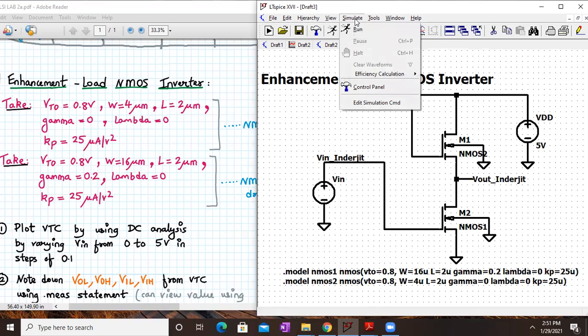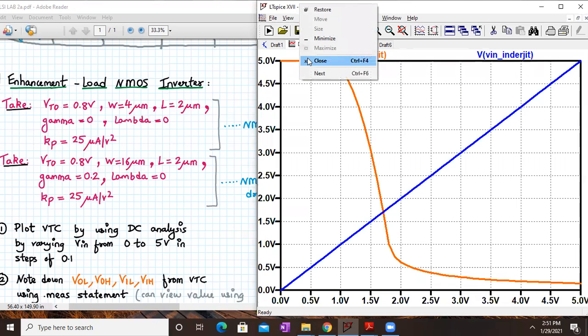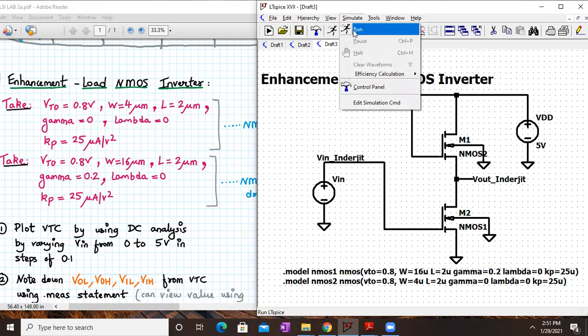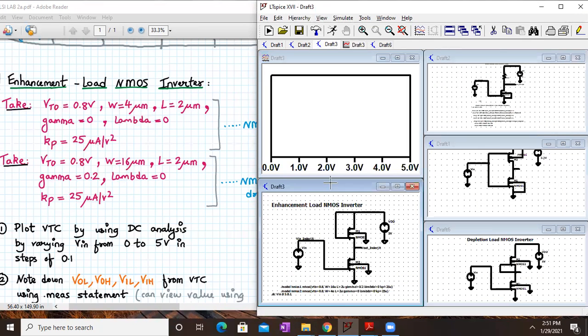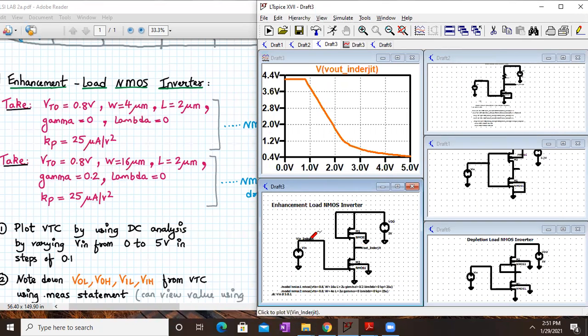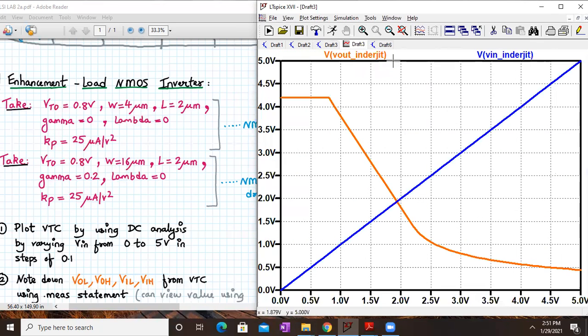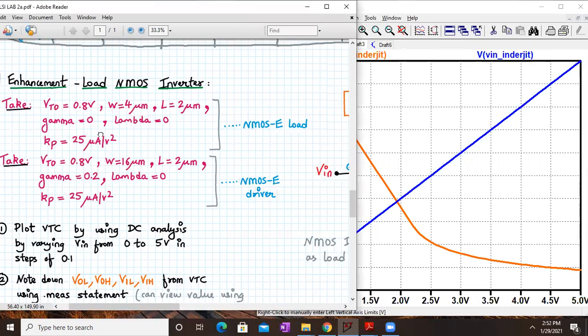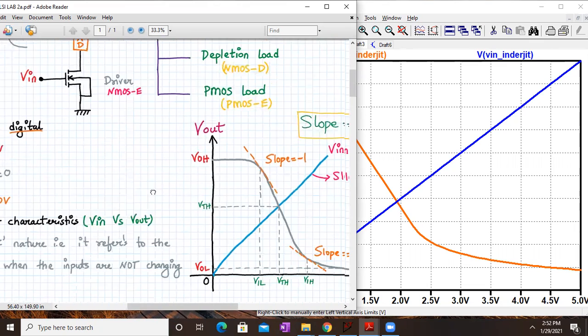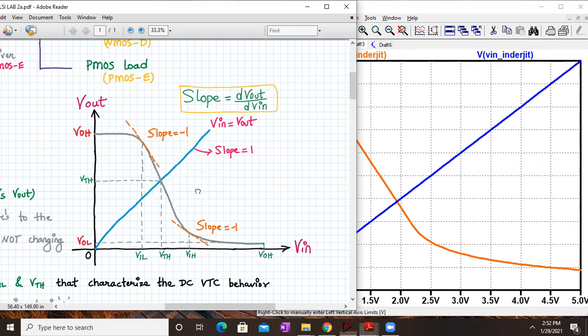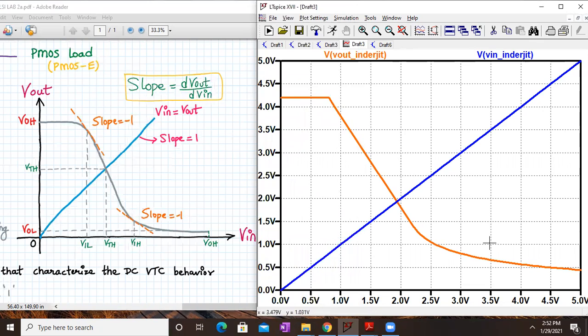Now we can go to simulate. Let me just close this and let me simulate this. So we have to go to DC sweep, vary Vin with a linear sweep from 0 to, let's say, 5 in steps of 0.1 quickly. So we will observe the graph over here and we'll plot the input also. See over here, we got a different kind of VTC curve, slightly different than the earlier one. But similar to the general one only. So yeah, here it is, the general VTC curve, and these are for the enhancement load. And from here we need to calculate VOH, VOL, and all that.